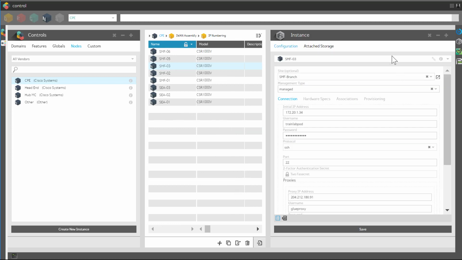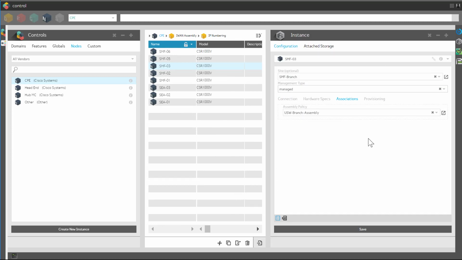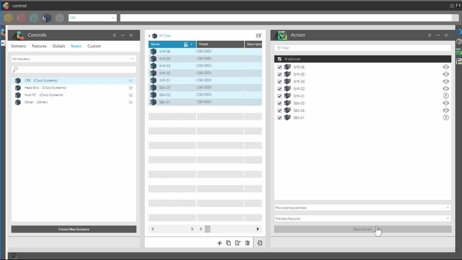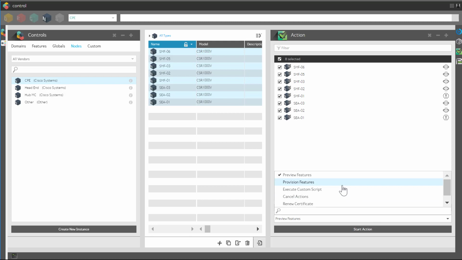And then once you've got all of the different details on your platform definition, as you'd hope for it, you save it, and then you come here to the action panel, and you're going to deploy that particular node or set of nodes with a single click of the Start Action button. Now, you have that option to either provision those features